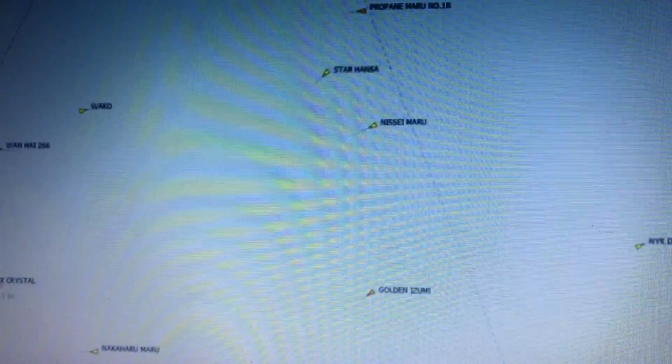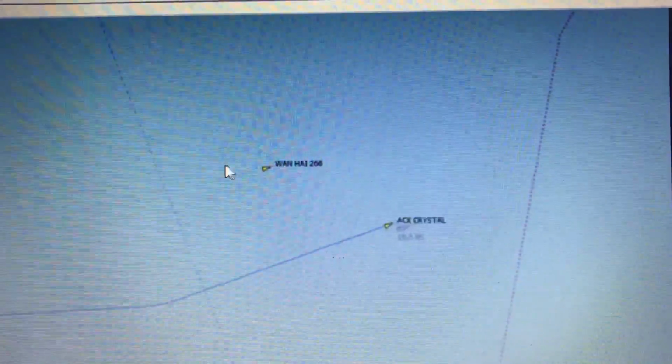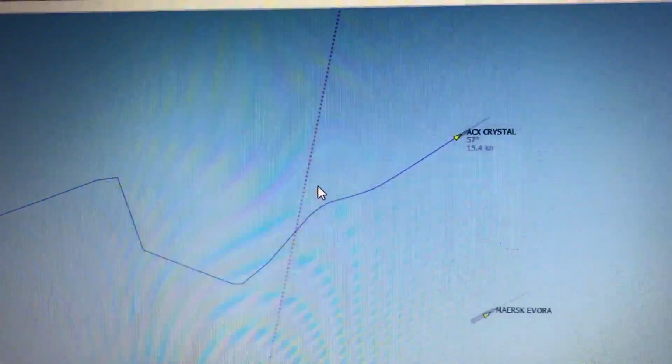Now I'm just going to go ahead and play this forward. Now supposedly somewhere off over here, and just real quick, the time now is 1:10 prior to the collision here. The Fitz was supposed to have been off up here to port of the Crystal. Now I'm playing this a little faster than it would be, but I just wanted to give you folks an idea of, look at the traffic, okay? And of course there's the jump everybody knows about. I think I'm playing this at 2x right now,